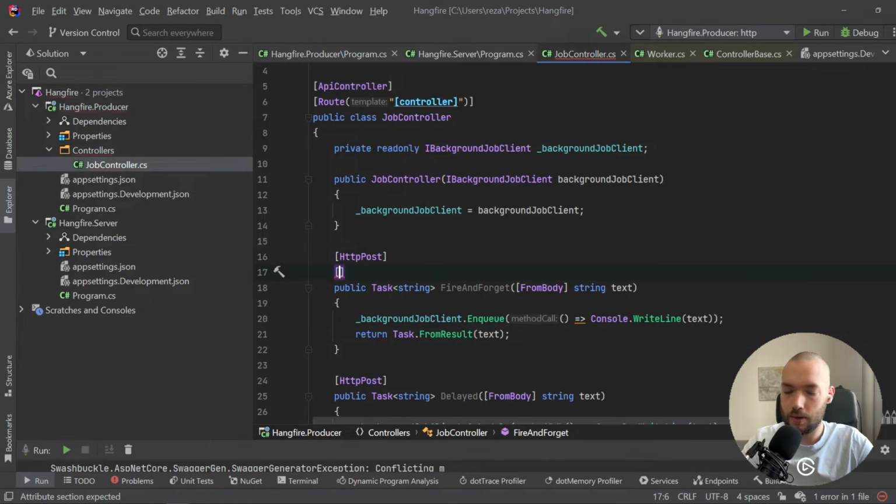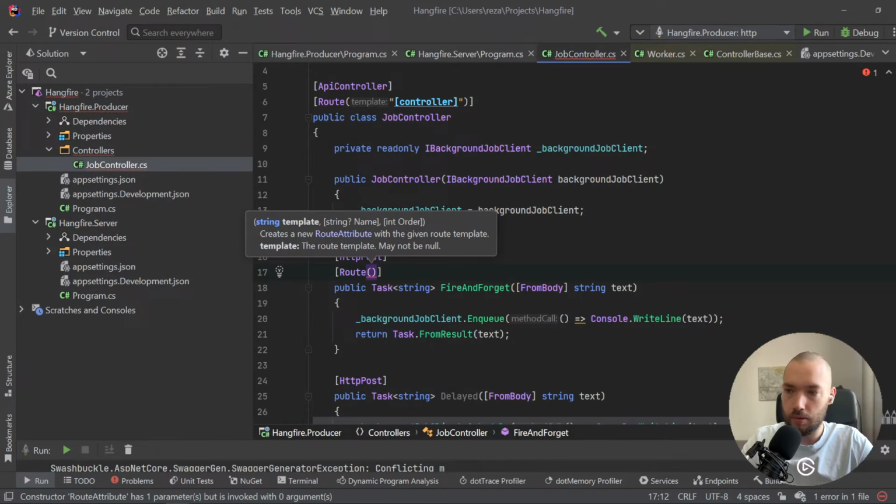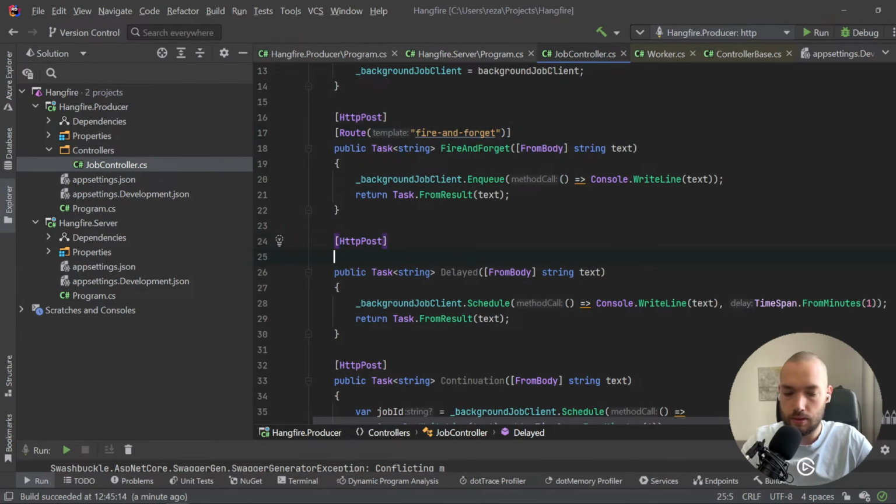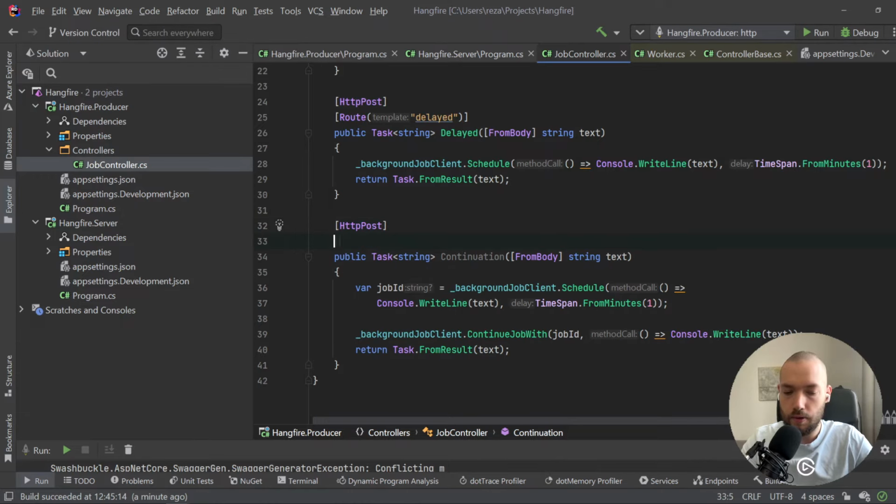We have to add the route attribute here as well. Because we have the first post, it will be the fire and forget. Also here the route will be delayed, and the third one route will be continuation. Now we are able to check how those jobs will look like in our fancy UI, and of course